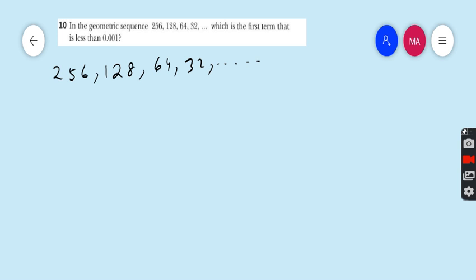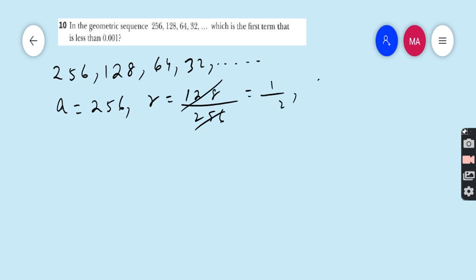Again, we need to find the value of n, just like we did in question number 9. So the first term is 256, the r is 128 upon 256, that is 1 upon 2,